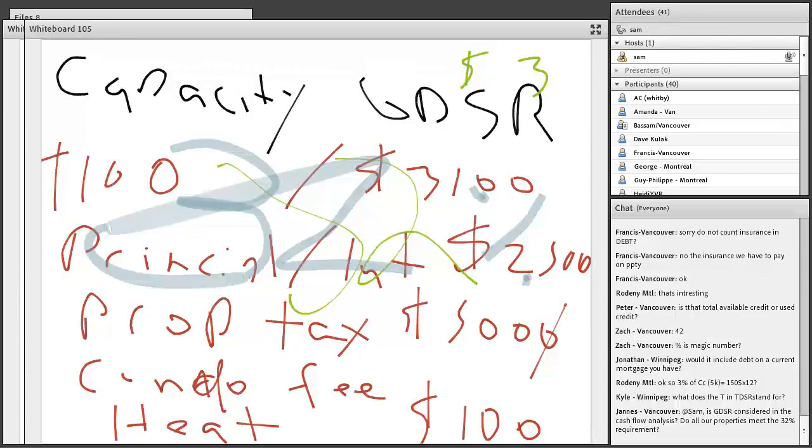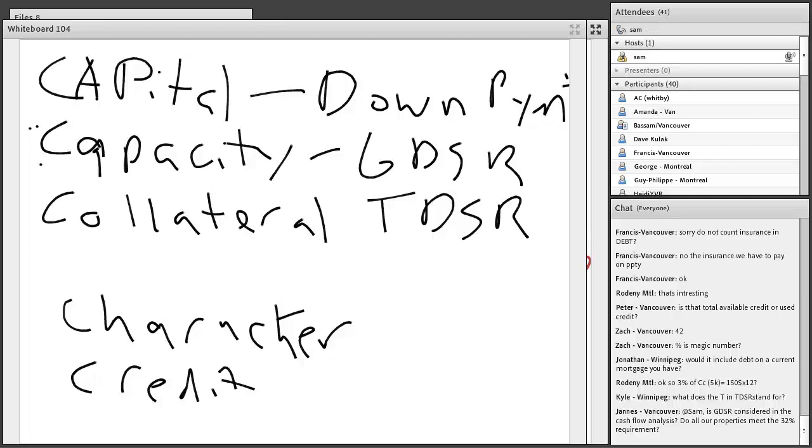So we're going back to the 5 C's of credit. We talked about capital, which is your down payment. The next thing we talked about is capacity, which is your ability to service this debt. When a lender looks at capacity, they're looking at GDSR and TDSR. They're all looking at those exact same things. The next part we get to is collateral. So when we're talking about exceptions, let's say somebody's at 43 or 44% TDSR, but they've got $200,000 in the bank and they don't want to touch it, and they could take that $200,000, pay off their credit card, and now they're under the 43%. Well, let's say they don't want to for whatever reason. They're going to look at the collateral as well.